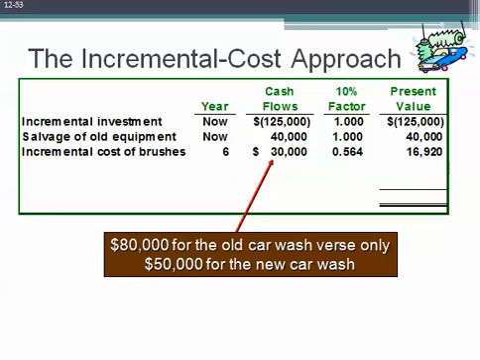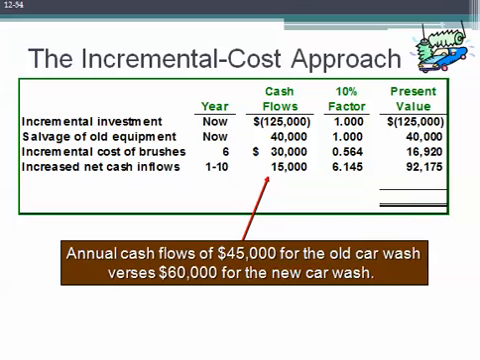The next incremental cash flow that we'll consider is the increased annual cash flows from operating the car wash. The annual cash flows for the old car wash were going to be $45,000 a year versus $60,000 for the new car wash. So we would have an incremental cash flow with a new car wash of $15,000 a year for 10 years. And the present value of that annuity is